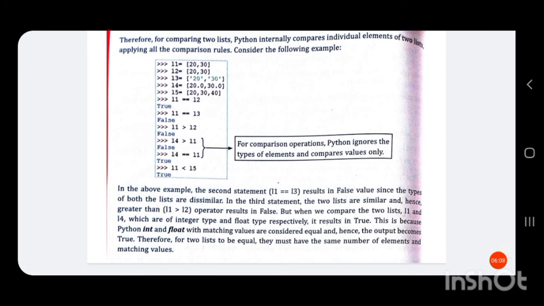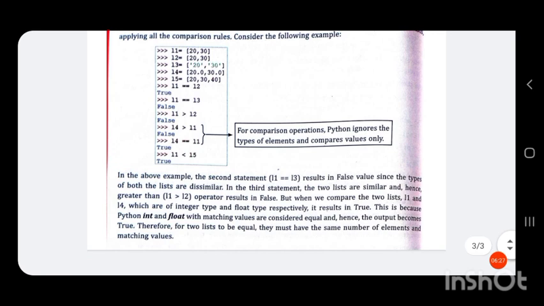In the above example, the second statement L1 equal to L3 results in false since the types of the two lists are dissimilar. That is, one list is integer and the other is string. In the third statement, the two lists are similar and hence L1 greater than L2 results in false.